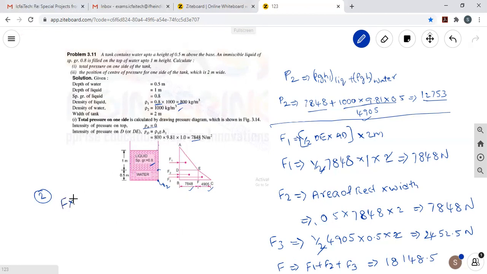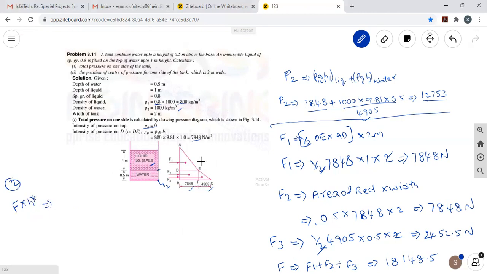Earlier only one fluid was there, that's why I used a formula directly. But here 2 fluids are there. Only one method I have, that is the derivation method. So F into H star. Simply I am writing the moment. So if you write the moment, F into H star is equals to,